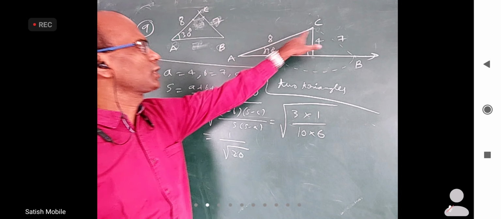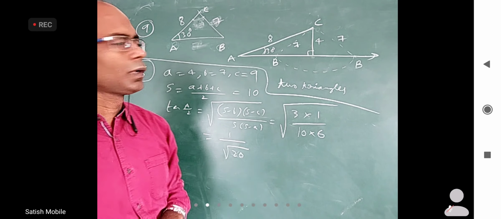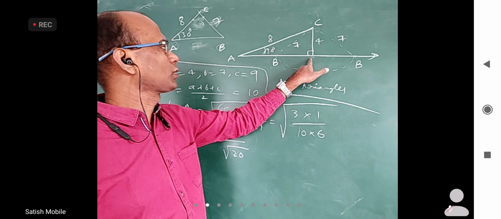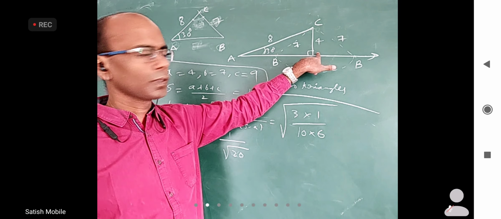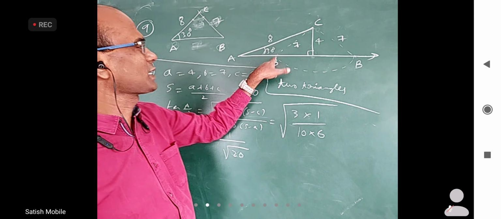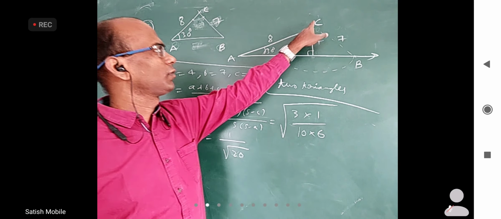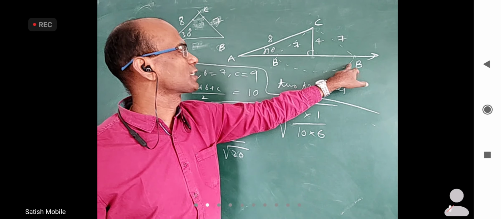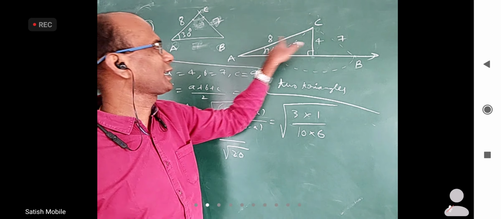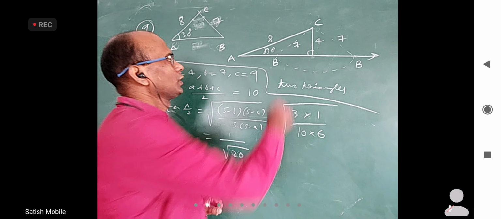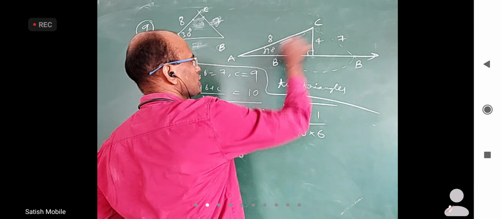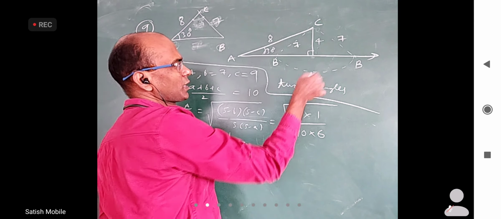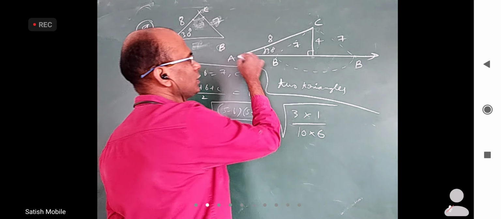AC is 8 units at an angle 30. Now if I draw the perpendicular, it will be 8 sin 30 degrees, which is 4, but I want the CB side to be 7 units. So with C as center, if I take a compass with length 7 and draw an arc, it will cut twice because 7 is more than 4 and less than 8. So it will intersect twice. This is also ABC possible with the same data, and this is also ABC possible with the same data. So there will be two such triangles. So the answer will be 2.